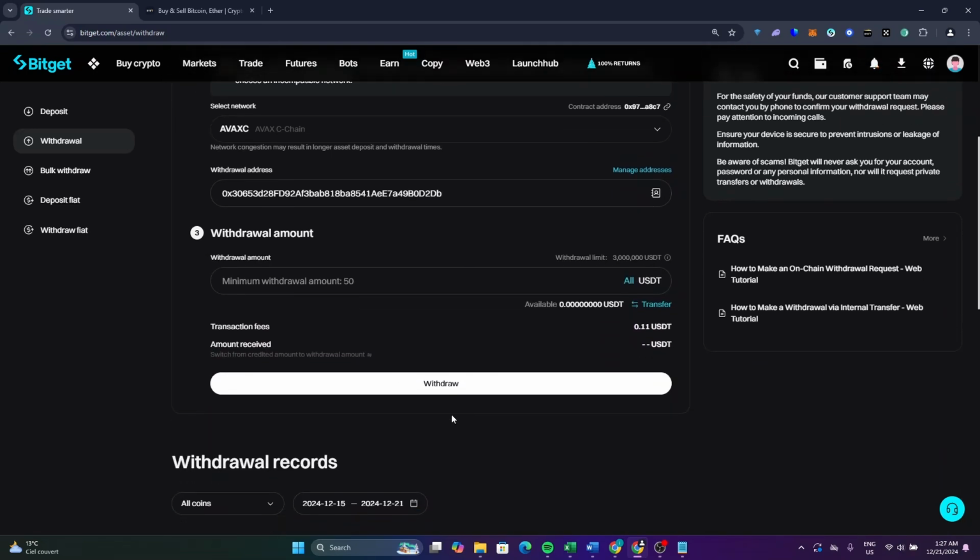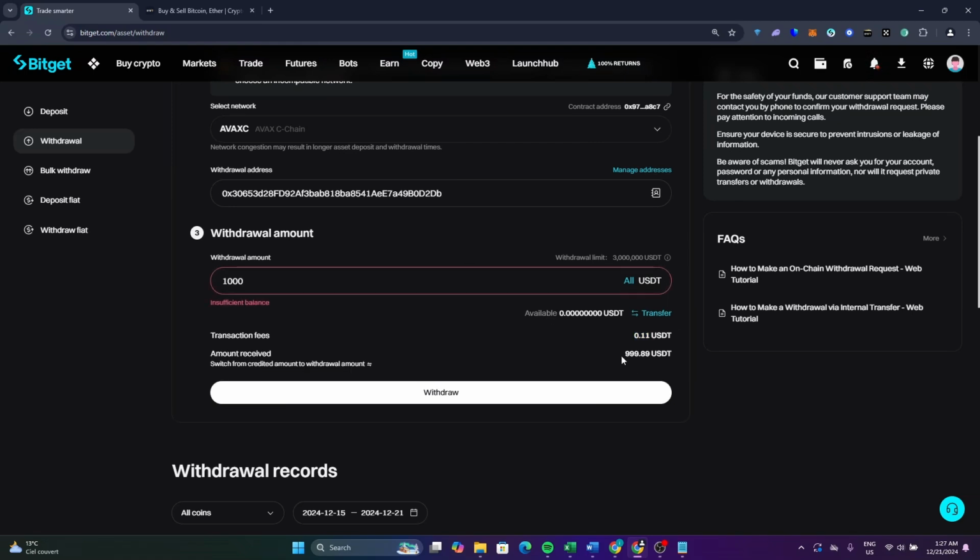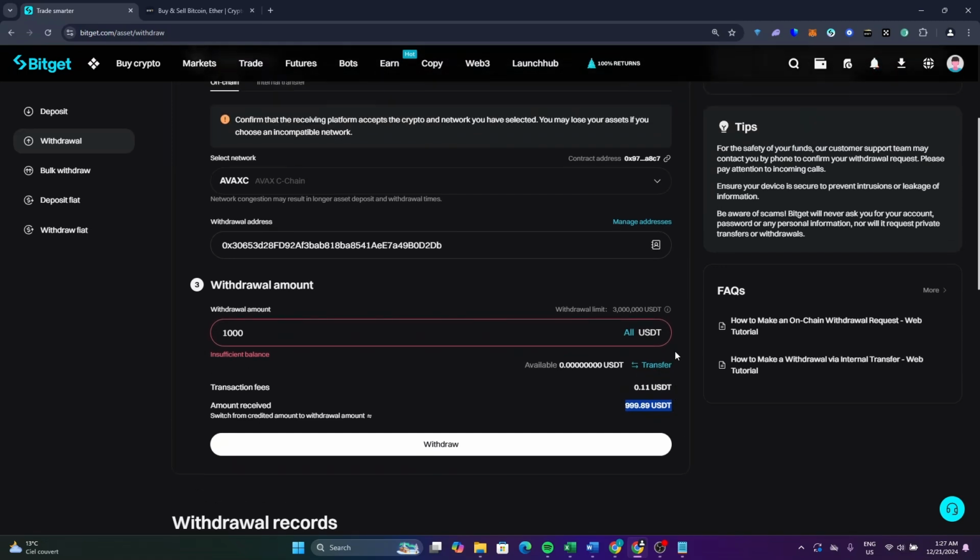Now as you can see here, you can enter how much of USDT you want to send. So this is how much you will pay for fees, and this is how much you will receive on Metamask wallet. So this is how to transfer USDT from the Bitget to